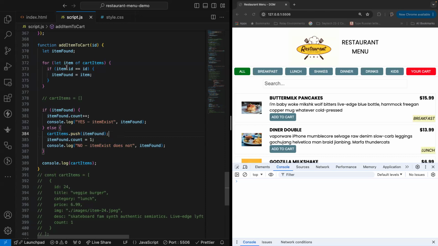So if I can find it in my cart, I can increase the count. But what if I can't find it? What if I can't find it? Then it means that I have to search from the data itself. Yeah, this is what I say. Okay, cool. I need to find from the data itself. For let item of cart items, let item found. If the item is found, then this one. If the item is not found, then